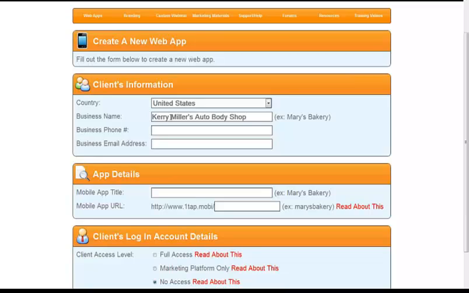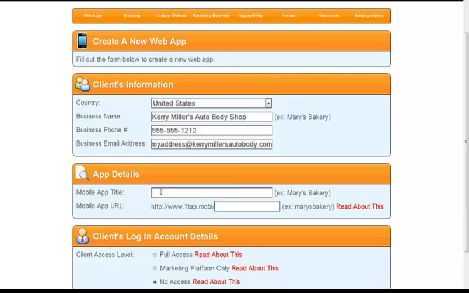All right? My business phone number, 555-555-1212. I bet y'all thought I was going to put my office number in there, didn't you? My business email address, my address at Kerry Miller's autobody.com. Now, why did I put that? Because I want to make sure that I purchase them their URL and get them some email set up that goes with their business email address. Not only are you going to help build them an app, but what do you want to do? You want to help start marketing them, okay? You want to make that happen.